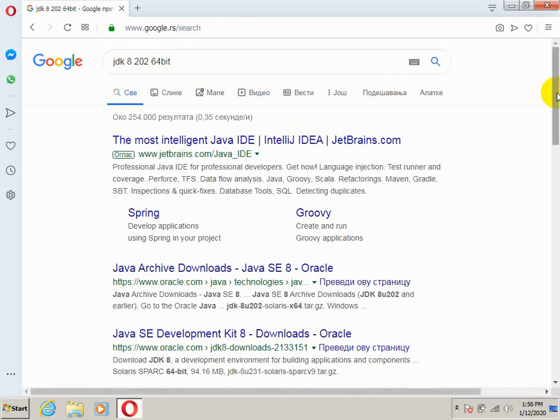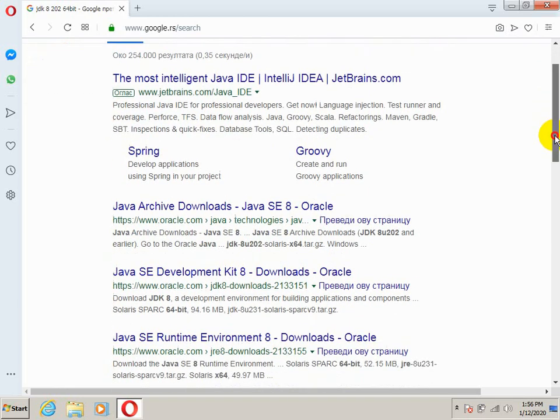But JDK 8 should be enough, but it is highly recommended to use 64-bit. You can use 32, but for core Java it's okay. But later, when we use other frameworks, it will be better to use 64-bit. Now let me find